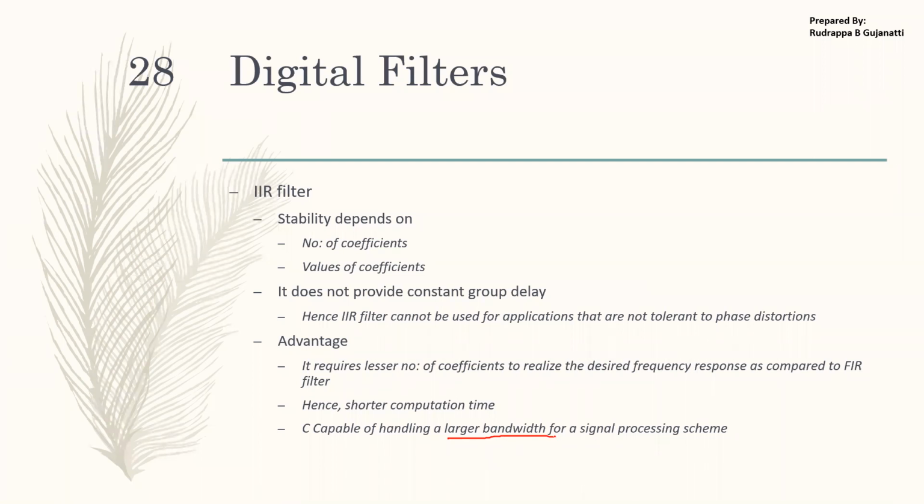Apart from this, we'll be able to handle larger bandwidth of signals. Whereas with the IIR filter, this becomes a problem, because if the coefficient length is very large, it will pose problems in handling signals which make use of larger bandwidth. So I cannot go for such kinds of signals with the FIR filter. Instead, we have to go for the IIR filter, which supports the larger bandwidth. So these are just a few comparisons related to IIR and FIR filters.